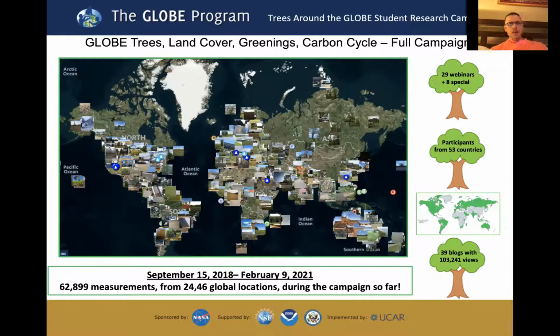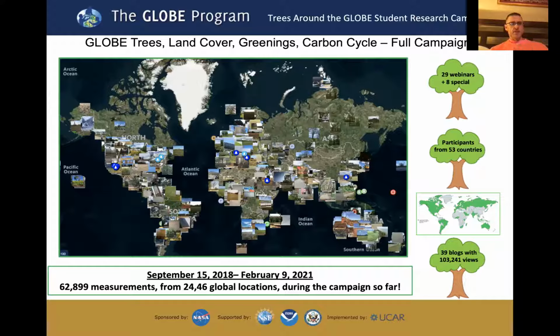But what you're looking at here on this map are all the observations that have come in under trees, land cover, greenings, and the carbon cycle since the beginning of the campaign. That is a lot. There is a lot of space up there when you look up towards Canada, and in Russia, parts of Asia. There's a lot missing there, but what you're looking at on this map is really awesome, because this represents those